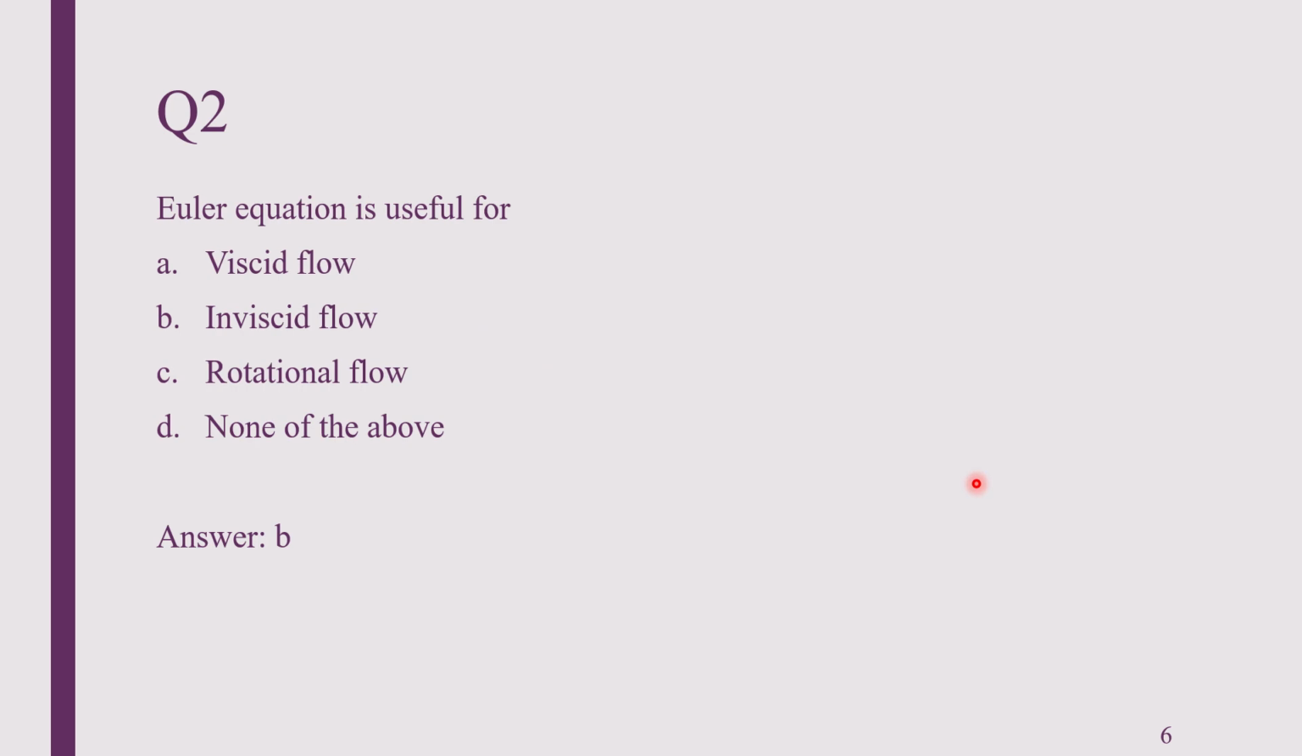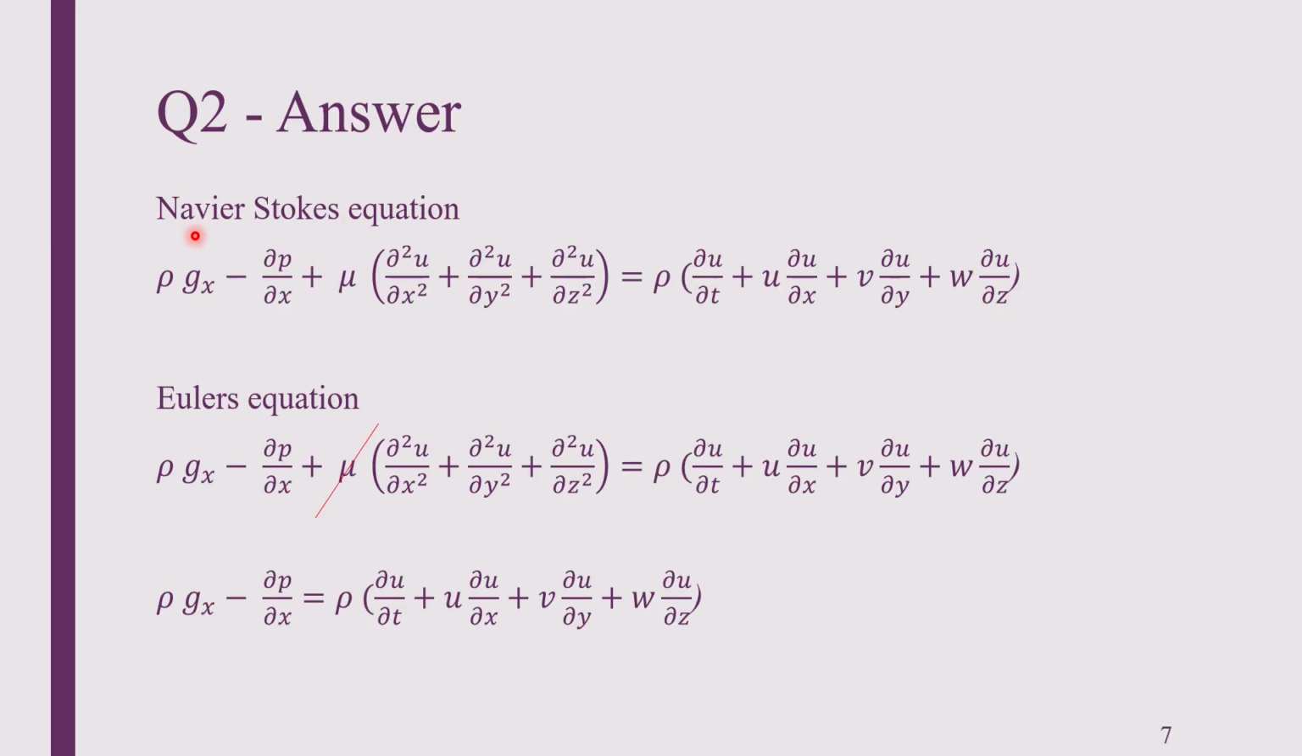Next, question 2. It is asked that Euler equation is useful for option A, viscid flow; option B, inviscid flow; option C, rotational flow; option D, none of the above. We know Euler's equation is applicable for inviscid flow. For solving fluid flow dynamics, we use the Navier-Stokes equation, which is given in this form: rho times (dou u by dou t plus u dou u by dou x plus v dou u by dou y plus w dou u by dou z) is equal to